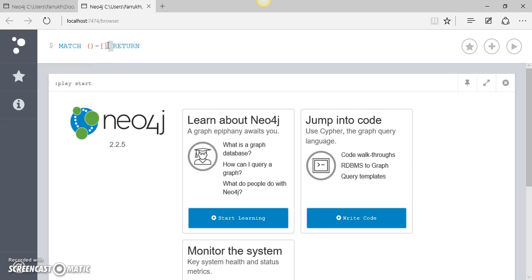And if we want to expand it furthermore, we can highlight the direction of the relationship, and then we can basically highlight a destination node at the very end. So this is a complete pattern for a complete relation, which has an originating node, a relation, and a destination